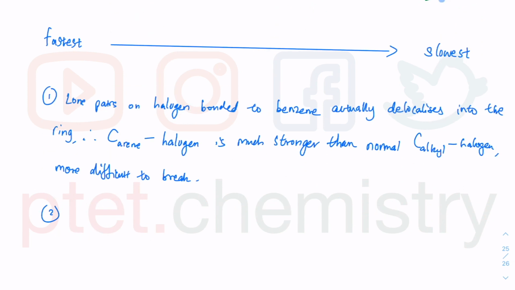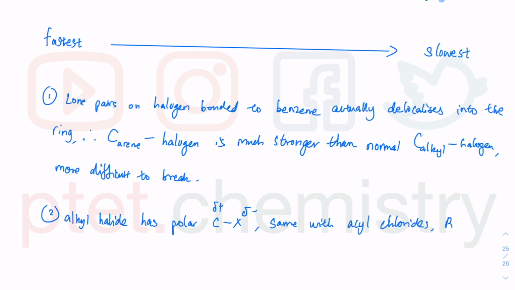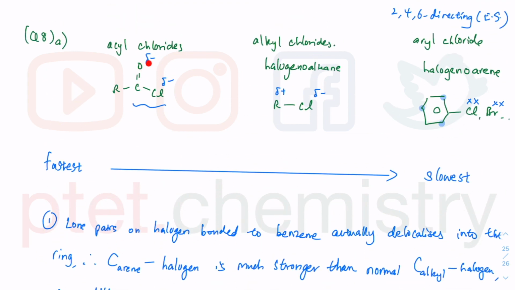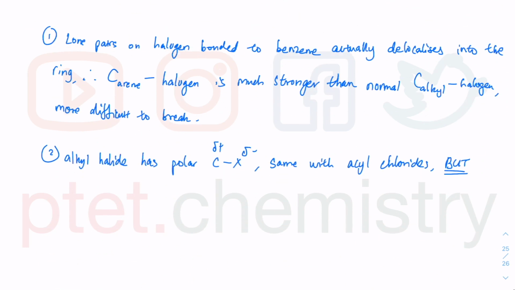Okay, so alkyl halides or halogenoalkane has a polar C-X bond, delta minus, delta plus. Same thing with acyl chloride. But what is different about acyl chloride is that acyl chloride also has a highly electron withdrawing carbonyl, delta minus oxygen there. Acyl chloride also has highly electron withdrawing